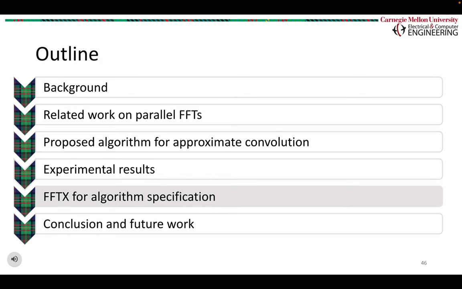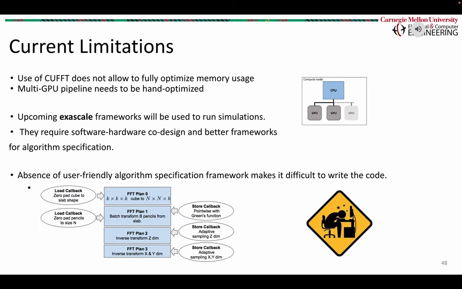Now let's talk about efficient implementations and frameworks that can be used for algorithm specification. The use of cuFFT does not allow us to fully optimize memory usage for the MASSIVE implementation. The multi-GPU pipeline will need to be hand-optimized. Upcoming exascale frameworks will be used to run these simulations, and they require software-hardware co-design and better frameworks for algorithm specification. The absence of a user-friendly algorithm specification framework makes it really difficult to write the code for such approximate